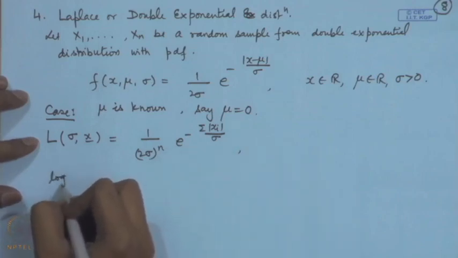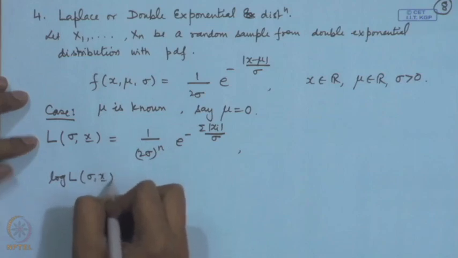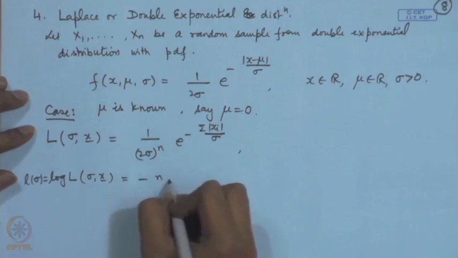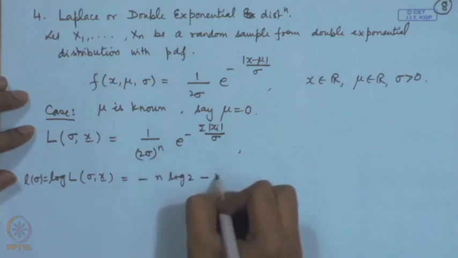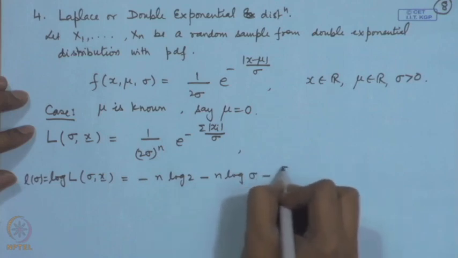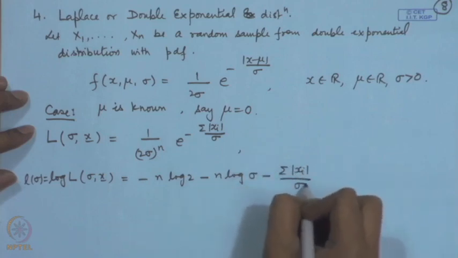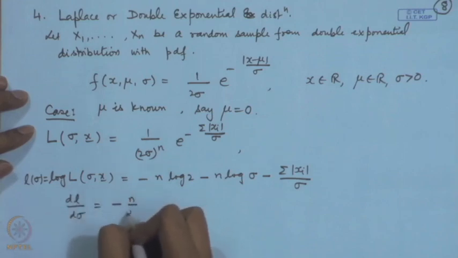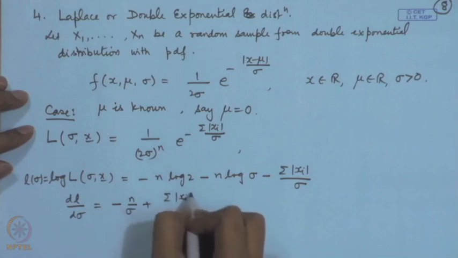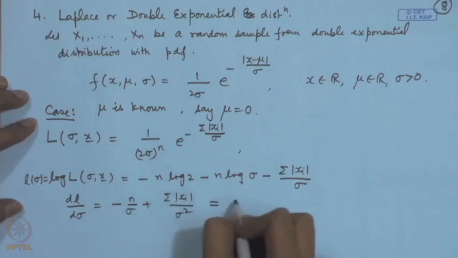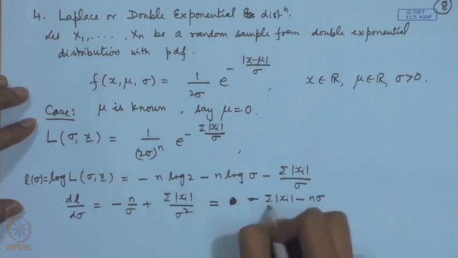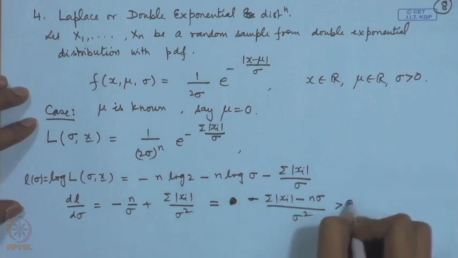So, the log likelihood function is equal to minus n log 2 minus n log sigma minus sigma modulus x_i by sigma. So, if we consider dL by d sigma, that is equal to minus n by sigma plus sigma modulus x_i by sigma square. If you put this equal to 0, of course, you can adjust the term, this is equal to sigma modulus x_i minus n sigma by sigma square, which you can easily see that it is greater than 0